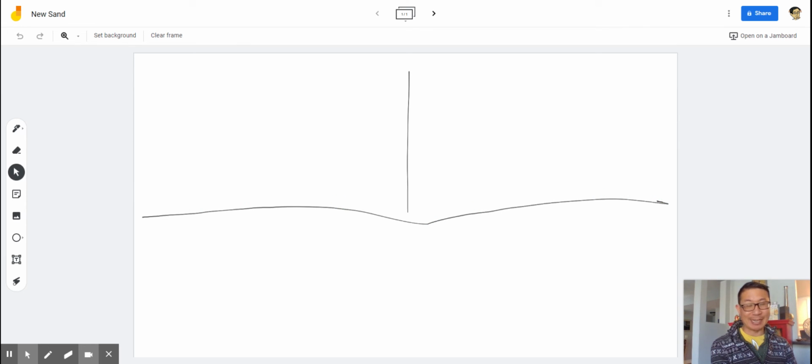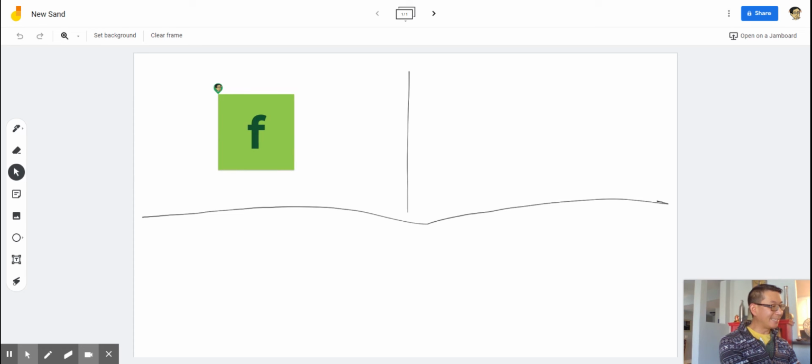The sound is like in fish. So the first sound is F, F says f. The second one is FF, FF says f,